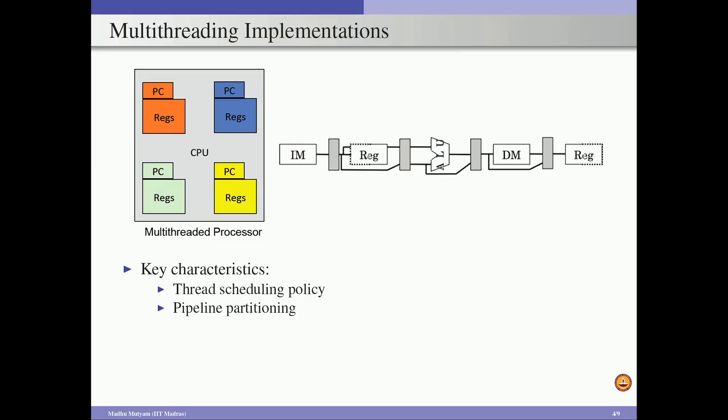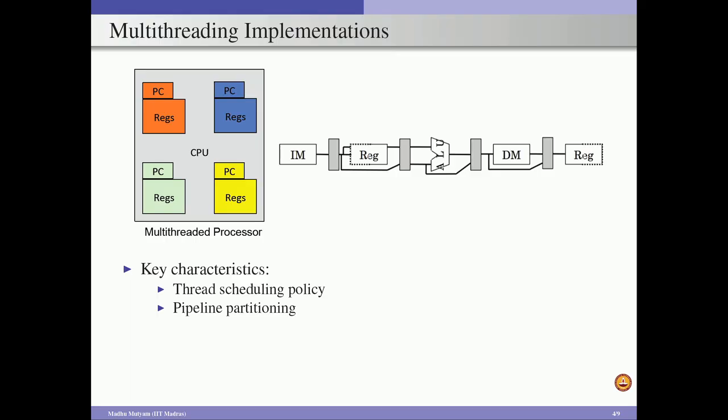If we consider that at any point of time only one thread needs to be servicing the request, then we will come up with one type of multi-threaded processor design, or if we consider multiple hardware threads can be active simultaneously, then we can come up with a different type of design. Similarly, once we have instruction pipelining, whether this instruction pipeline can be partitioned across multiple threads, or whether we consider no partitioning across multiple threads, also determines what type of design we have to come up with.